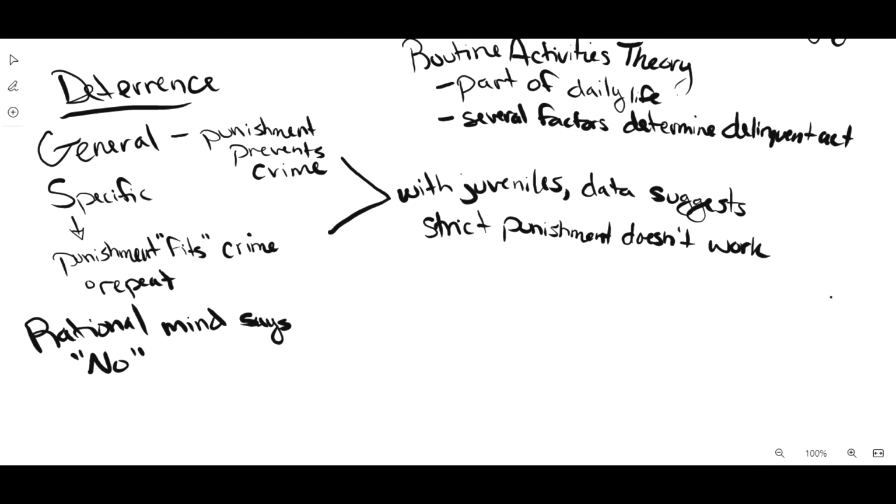The whole idea behind deterrence, both general and specific, is rational mind says no. But if we're looking at juvenile delinquents as being choice driven, they're making that choice. The rational mind says no. Well, then why doesn't strict punishment, why doesn't this idea of deterrence work? Why isn't it working? And so some of the things are, just to name a few,